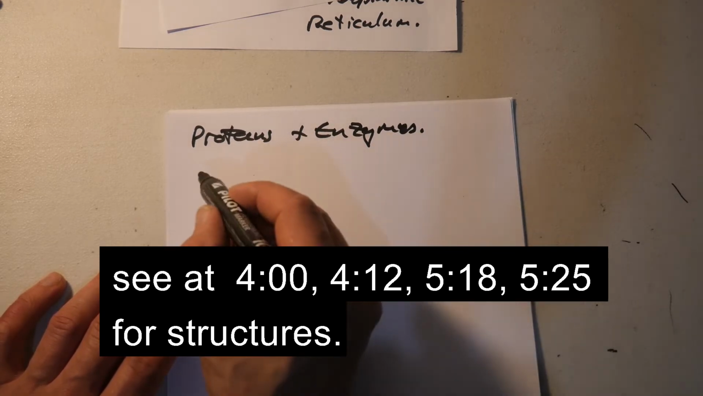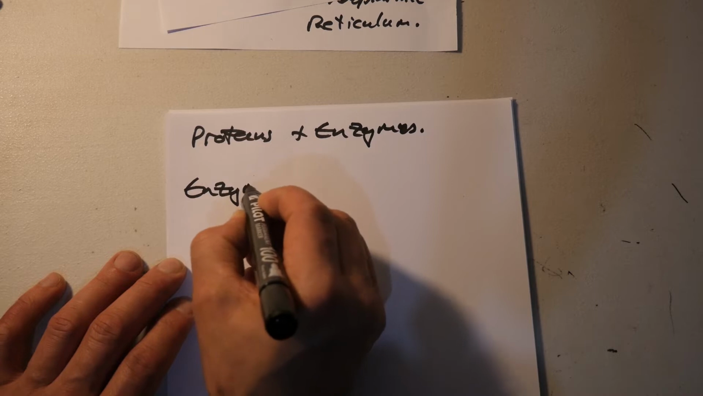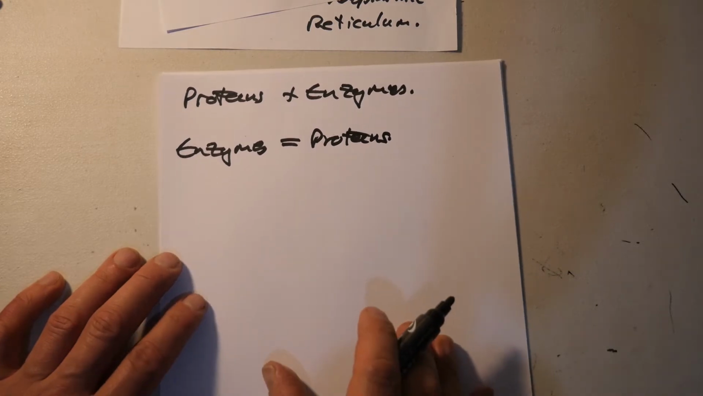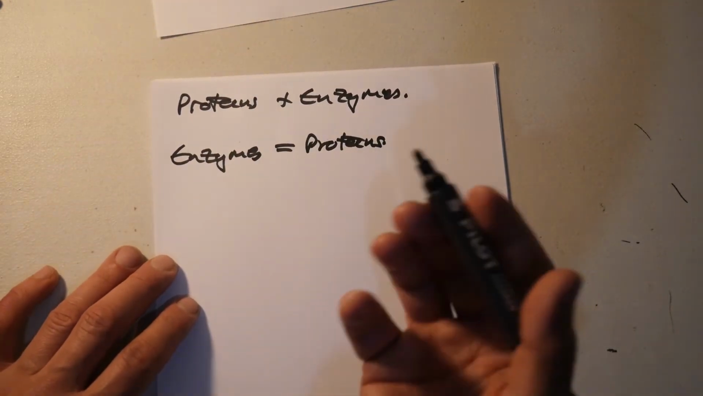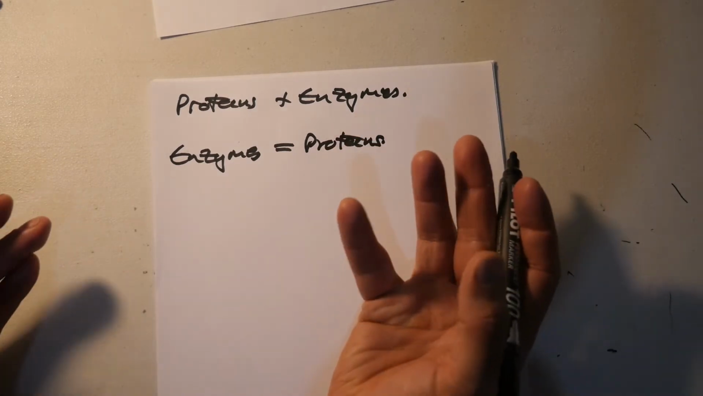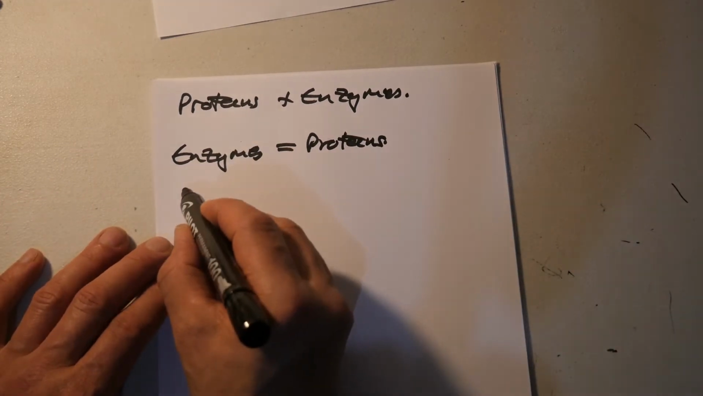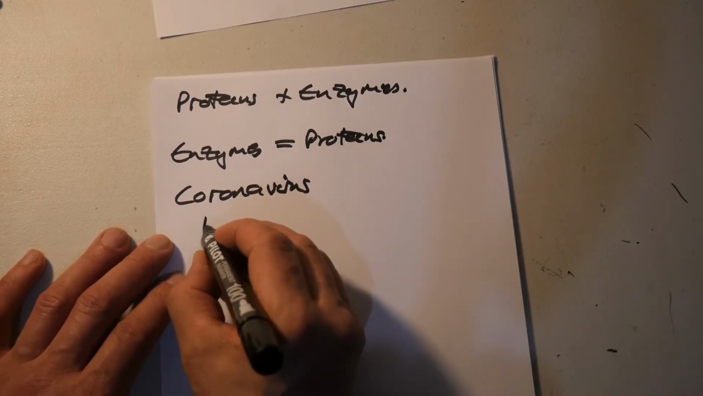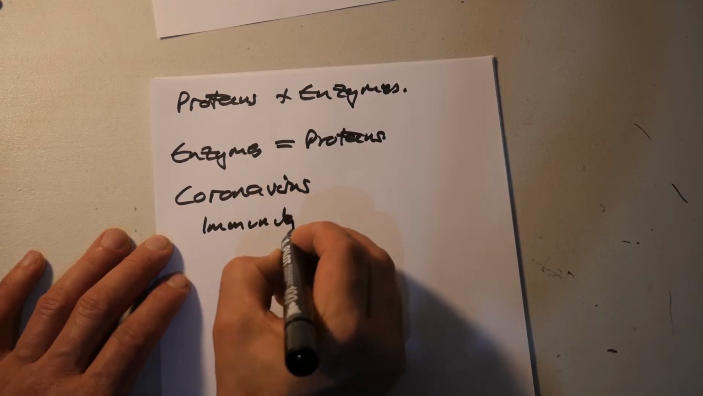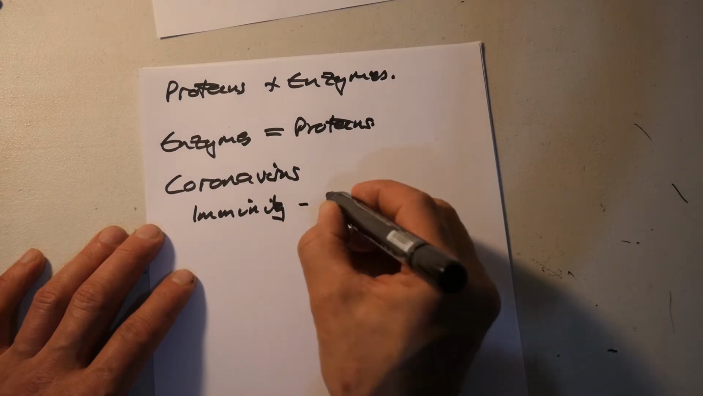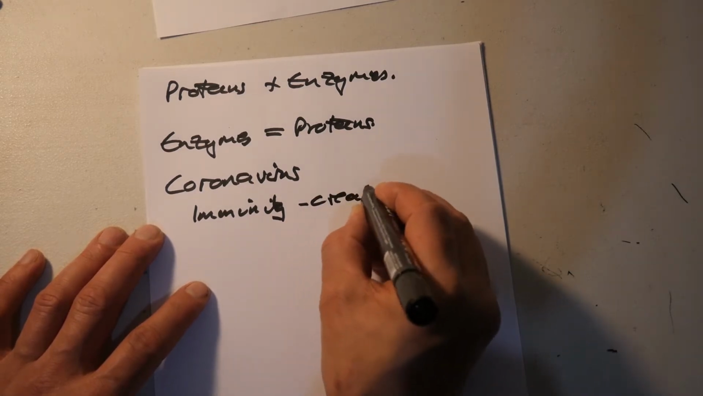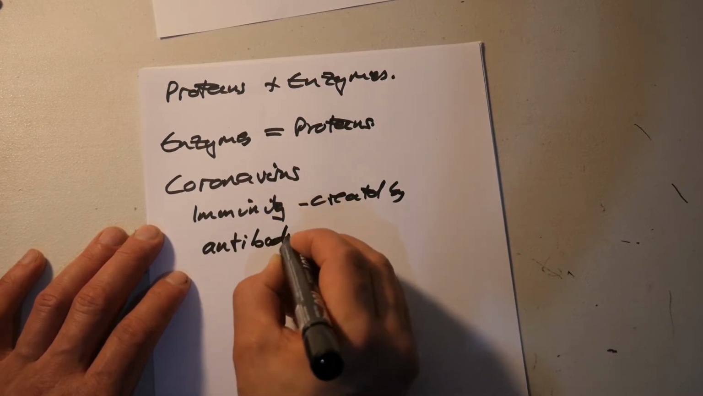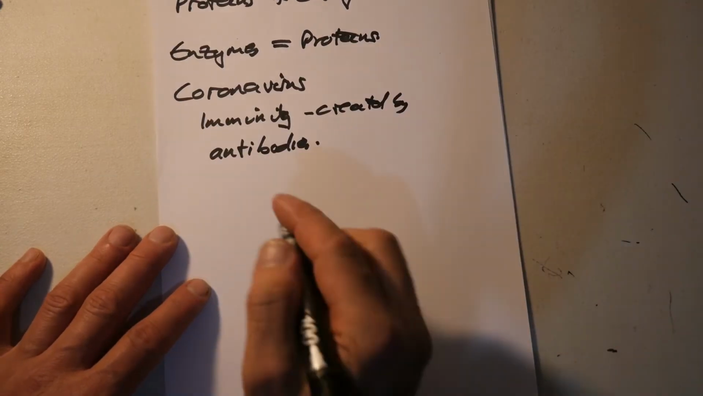Proteins, enzymes are proteins, okay? They are proteins. The most famous one at the moment, we've got coronavirus, and people develop immunity. So I'll bring this coronavirus, okay, immunity. This is created by antibodies. Okay? Antibodies are protein molecules